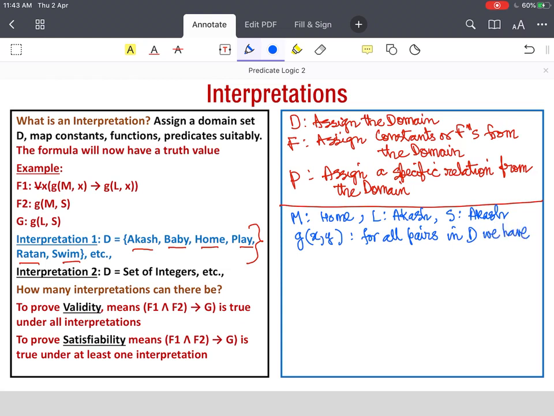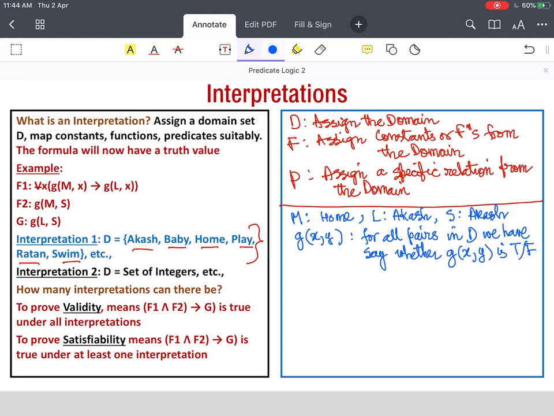pairs in D, we have to say whether gxy is true or false. That is how we define a specific gxy. So in this case, in this interpretation, if we define a specific gxy for all pairs, which will be 6C2